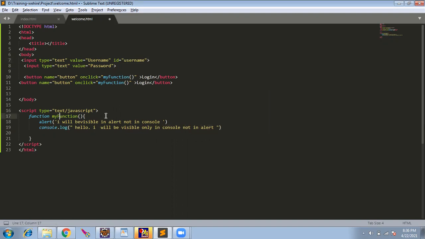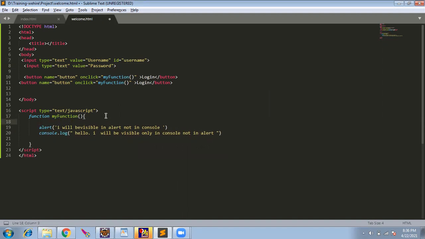When the function comes here, there is a function in JavaScript, document.getElementById, username, and we will assign this to a variable, username equal to.